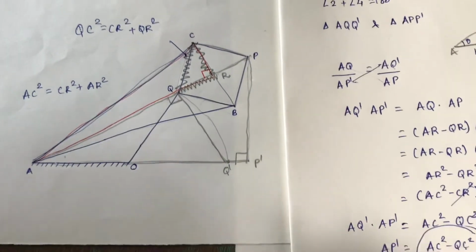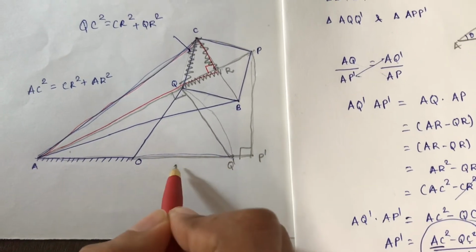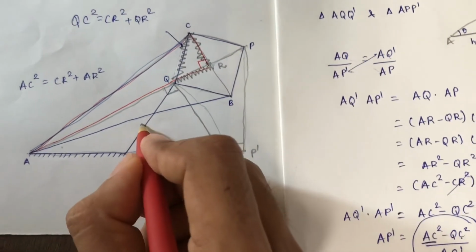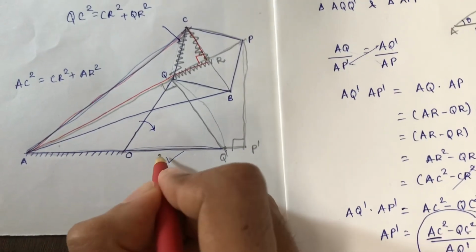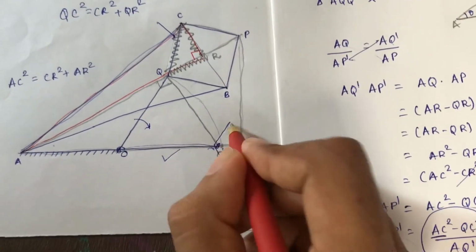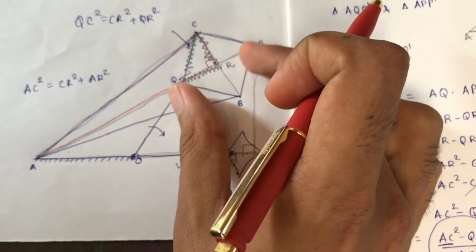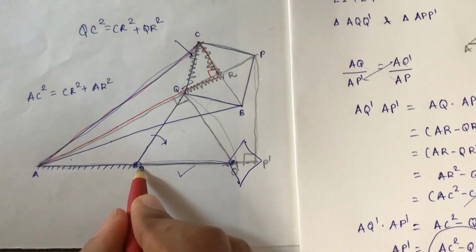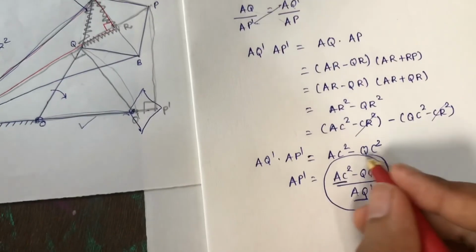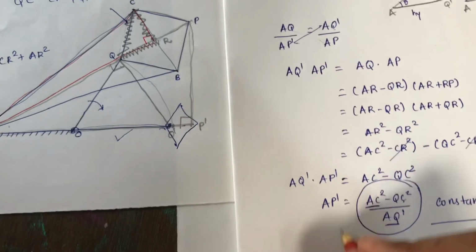Now AQ dash. Where is AQ dash? AQ dash equals AO plus OQ dash. Now what is the length of OQ dash? OQ dash will be the same as OQ, because the OQ link will rotate and come over here at a new position. So again this distance will be fixed, it is not compressed. Q dash P dash is compressed like this. When you see a video of the Peaucellier mechanism, then you can understand this QP distance is variable. So AO is constant and OQ dash is constant. That's why the complete AQ dash length is constant. So here all three terms are constant. Thus AP dash is constant.